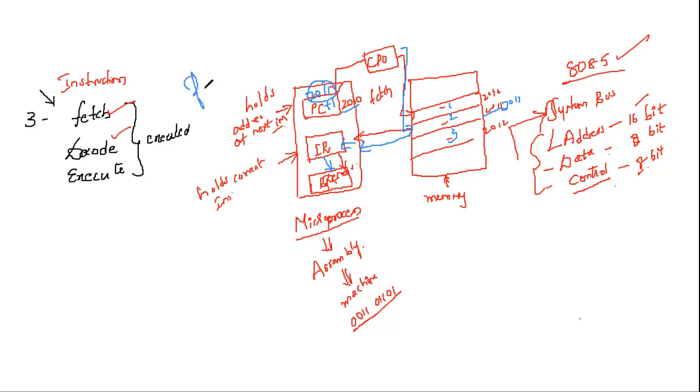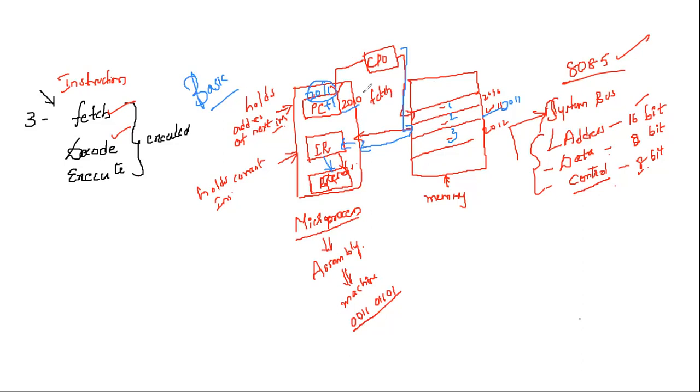This is the basic concept of how a program is executed. When you write a program, you have to keep in mind that first our starting address is going to be in the program counter. The CPU takes that address and fetches from memory. After fetching, decoding should be done. After decoding, executing should be done. These are the three steps we need to follow when an instruction is to be executed: fetching, decoding, and executing.